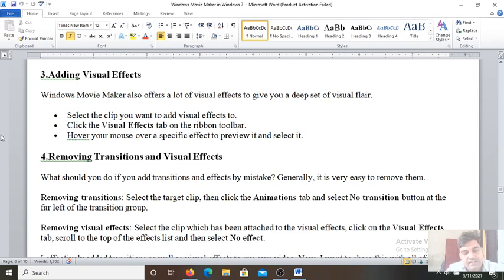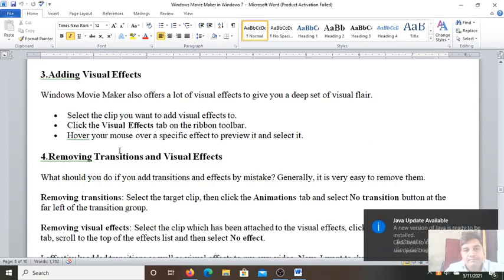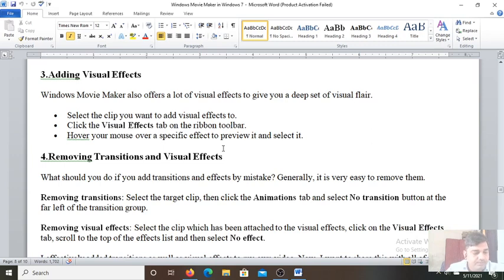Here the mirror effect is selected. It will apply to that clip or image. To apply the effect to all clips and images in a project, click on the Apply to button present on the Visual Effect tab. Play the video and notice the changes in the video clip.